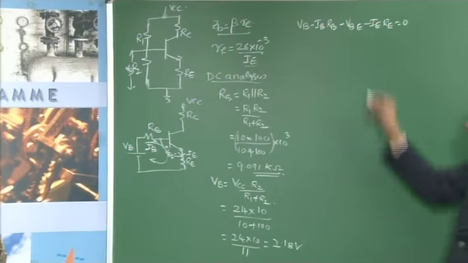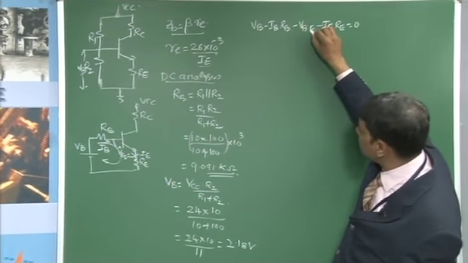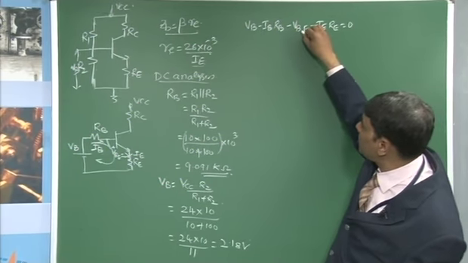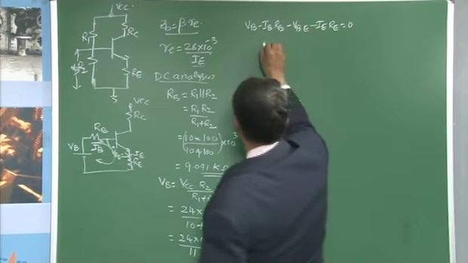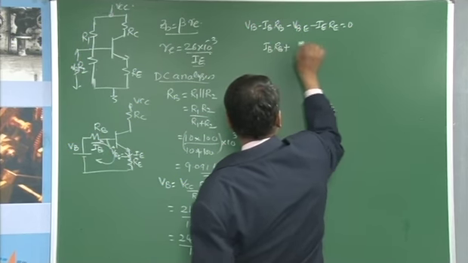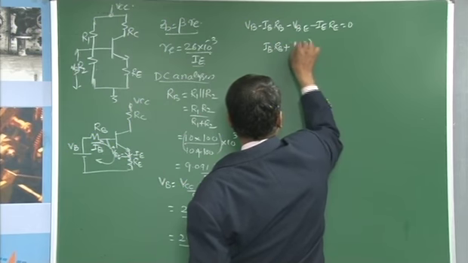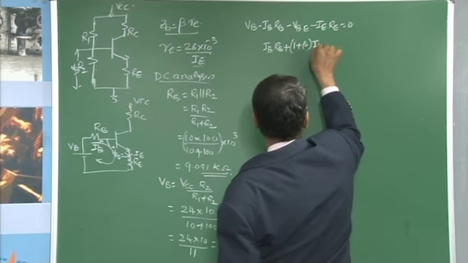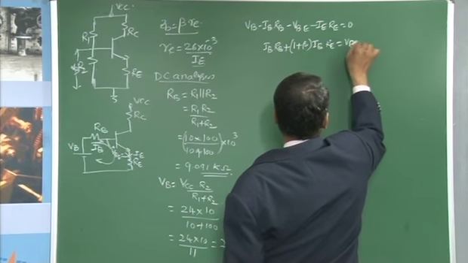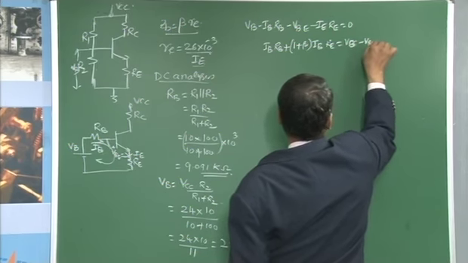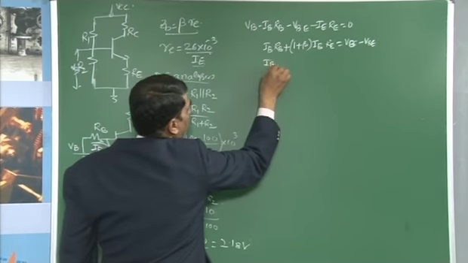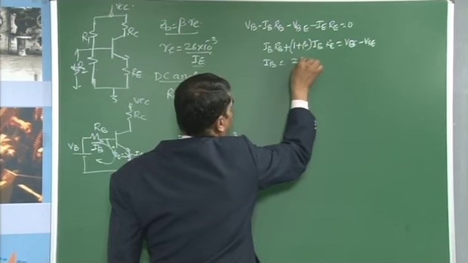Since the given transistor is a silicon transistor, we use VBE equal to 0.7. Then IB RB plus, we know that IE is equal to 1 plus beta times IB, times RE equal to VB minus VBE. We are going to get IB equal to 24 minus